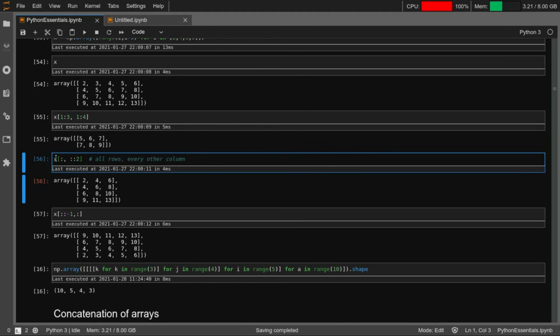When I've just specified colon, it will select all the rows, right? And ::2 will say that I'll select every second column, right? So the 0th column, the second column, and the 4th column, 0, 1, 2, 3, 4, 4th column, sorry.